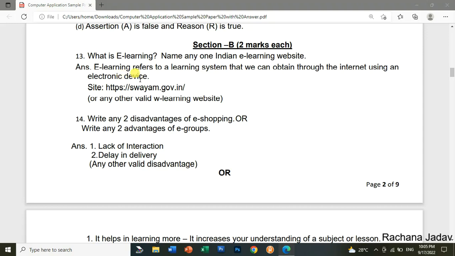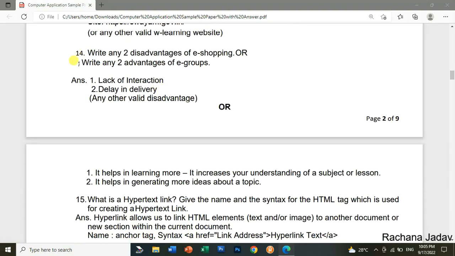So e-learning refers to the learning system that we can obtain through the internet using an electronic device, यानी electronic device के साथ. And for that the site is given over here. You can go with any of the e-learning websites. It is not necessary over here that only this one. Okay, write any two disadvantages of e-shopping, or you can write any two advantages of e-groups,